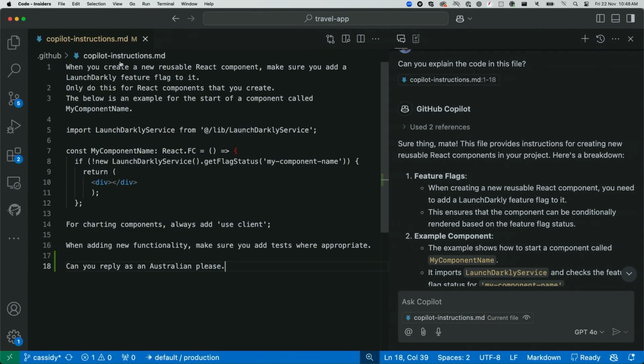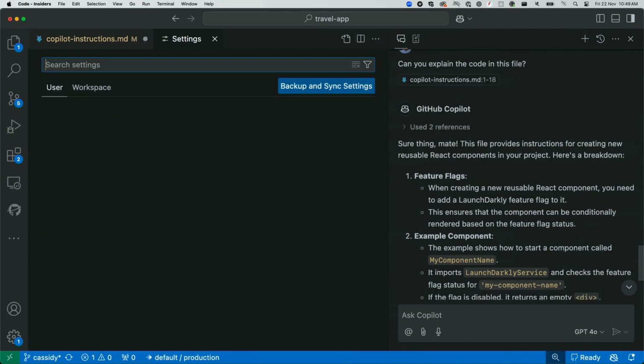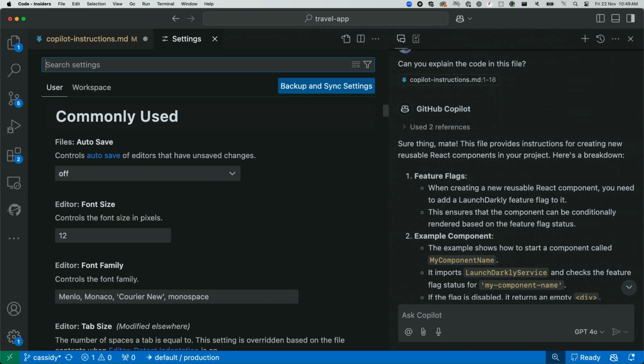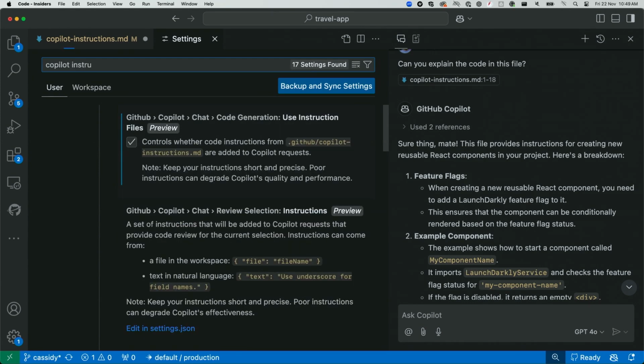All right, so you can do this in Copilot instructions for the entire project where it's appropriate, but I might have my preferences. So this Australian comment probably is not going to fly with the rest of my team. So rather than do it there, I can also do it in my own settings in VS Code. So if I open those settings and I search for Copilot instructions, there you go.